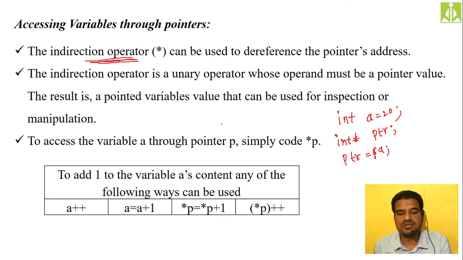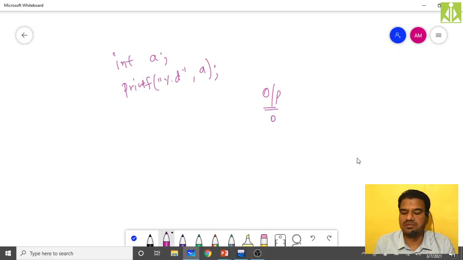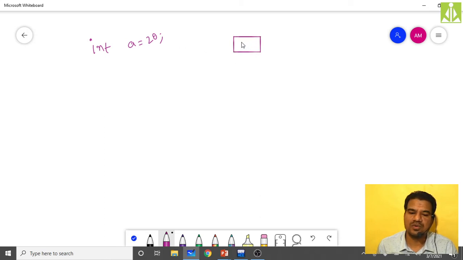This scenario is better to discuss on the whiteboard, so I am going to the whiteboard. In the first statement I have written int a = 20. When you do this, you get a dedicated memory location to store the value 20, and the identifier for this memory location is a.